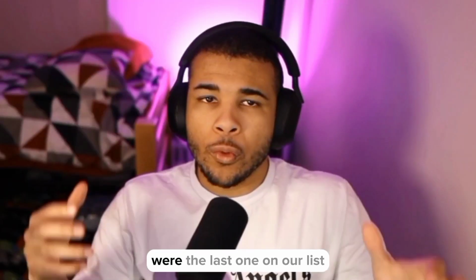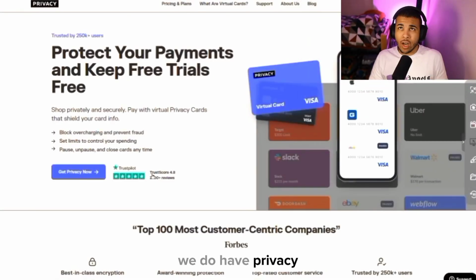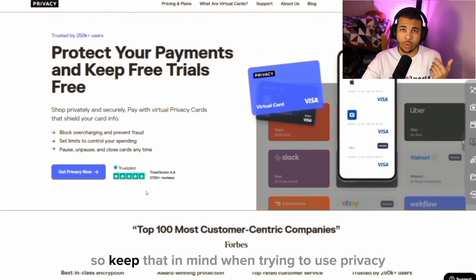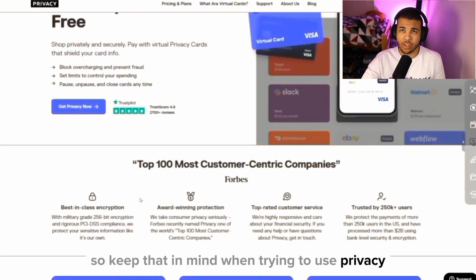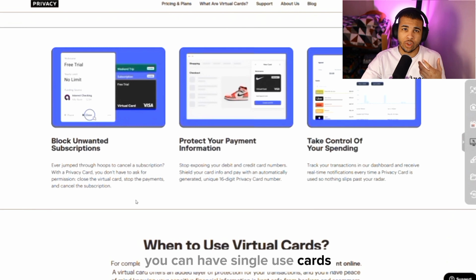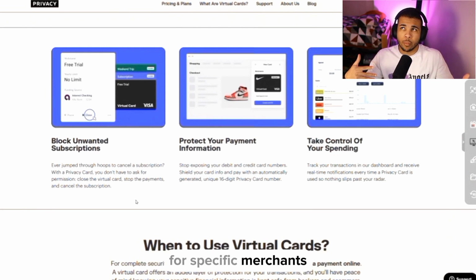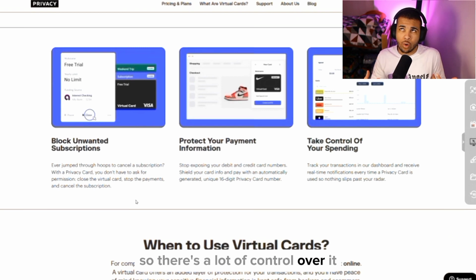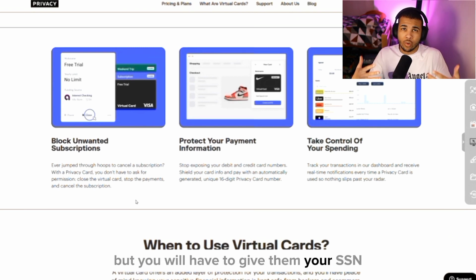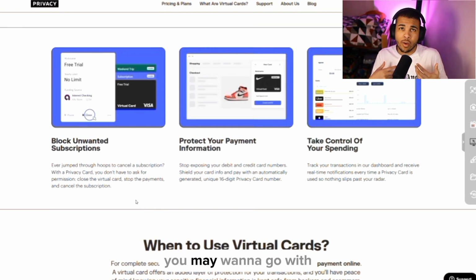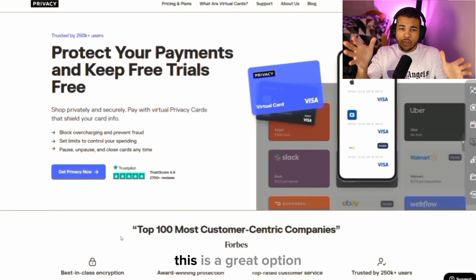For the last one on our list, we do have Privacy.com, and this is pretty much one that everyone uses. They are US exclusive, so keep that in mind when trying to use Privacy. But you can see right here that they have a bunch of different options. You can have single-use cards, cards for specific merchants, monthly spending cards, and so on. So there's a lot of control over it, but you will have to give them your SSN and connect a bank account. So if you are not comfortable with it, you may want to go with some of the other options. This is a great option,